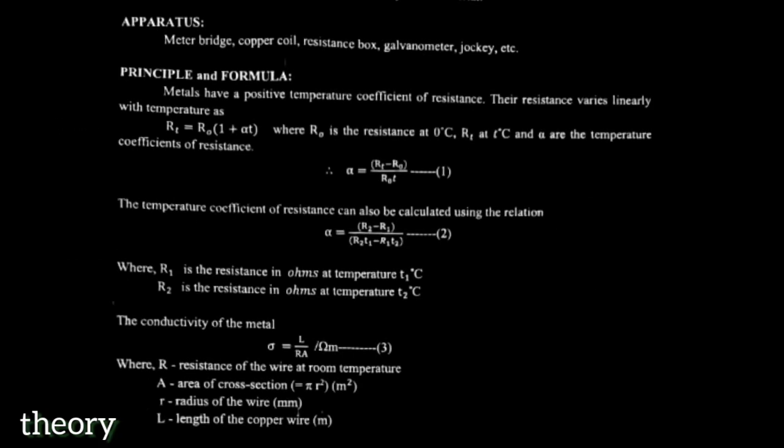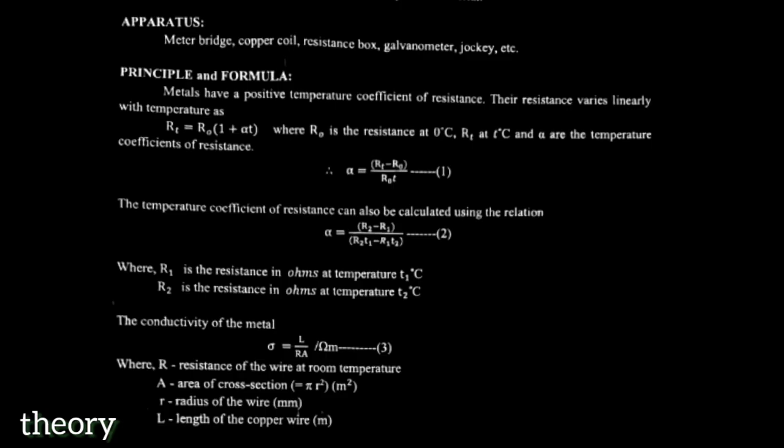The first two are to find alpha, which is the temperature coefficient of resistance. That temperature coefficient is an indicator of how the temperature changes the resistance. If this alpha is positive, it means that the temperature increasing leads to an increase in resistance, which is what happens in your conductors. But if your alpha is negative, it means that with increase in temperature, your resistance is decreasing. And this is seen in semiconductors. So these are the two formulas for alpha. And alpha is in per degree Celsius. That's the unit of alpha.